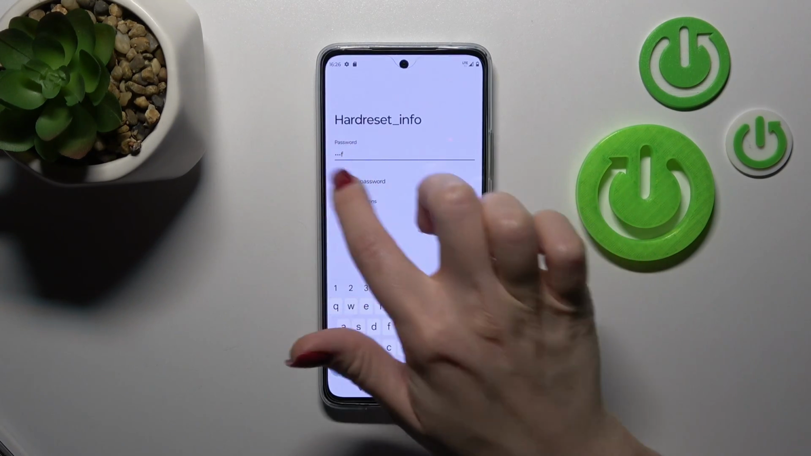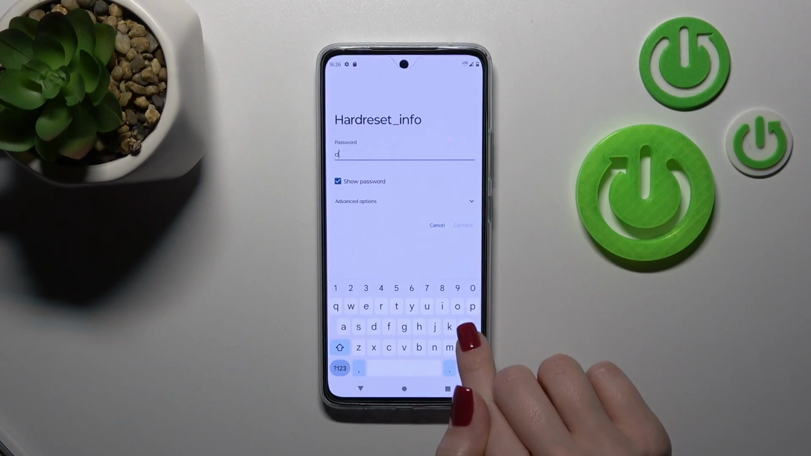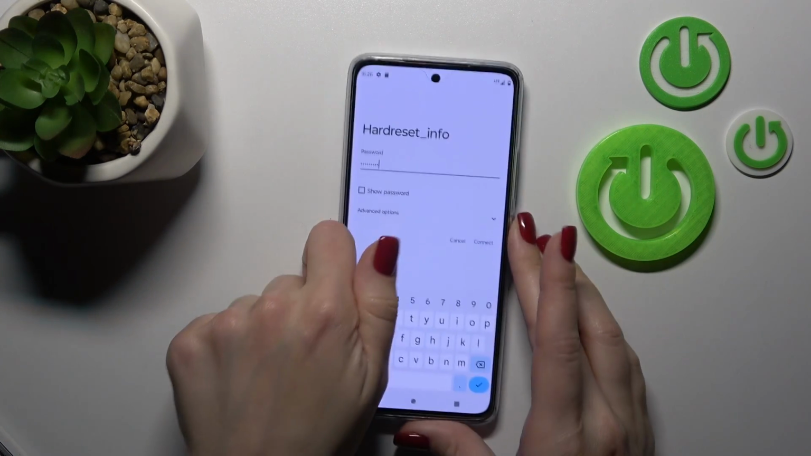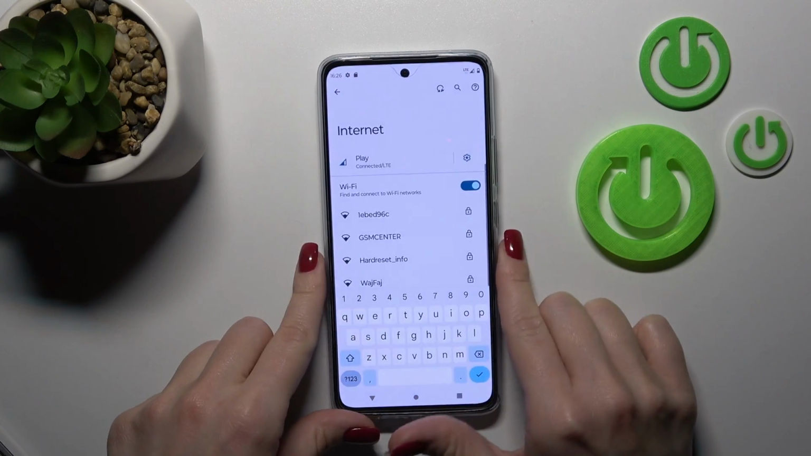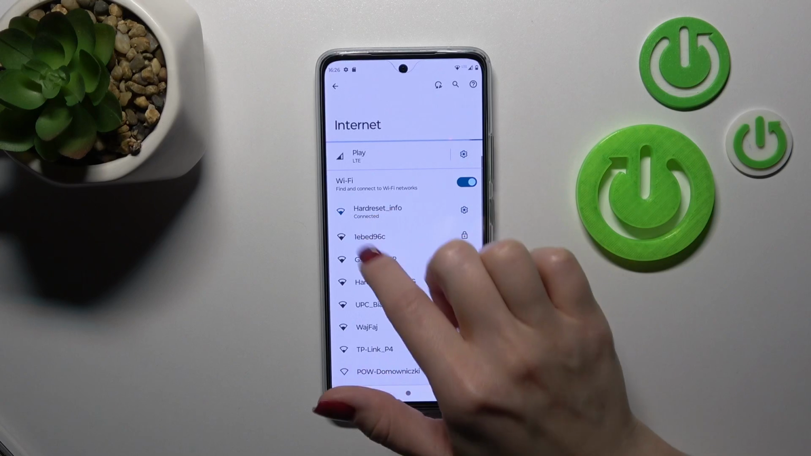Here we should enter the password, and to see this password we should click on this checkbox. I'll just make it auto screen. Just after that, to connect, click Connect, wait a second, and now we can see that we just successfully